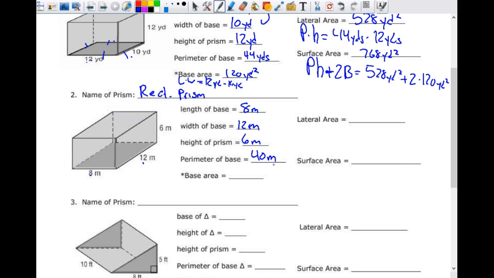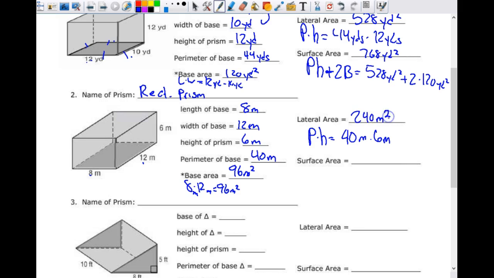Area of base is length times width, which is 8 times 12, which is 96 meters squared. Lateral surface area is perimeter times height, which is 40 meters times height, which is 6 meters. 40 times 6 is 240